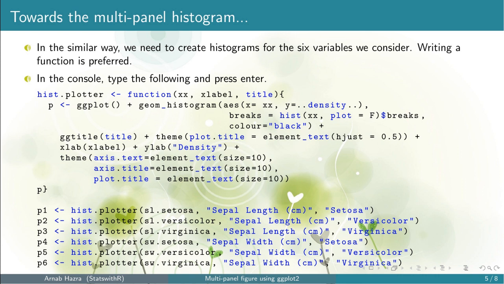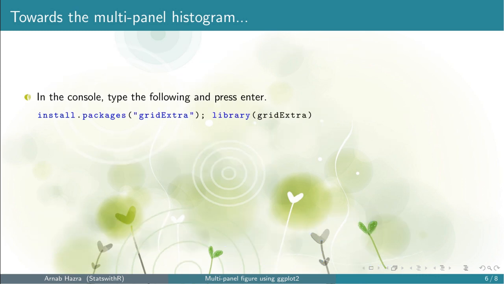Next, we move to our main goal, that is plotting them together. Before we move to create the multi-panel plot, first we need the package gridExtra. So we need to install it and call it into R or RStudio. For this, we use the commands install.packages and library, similar to the package datasets and ggplot2.